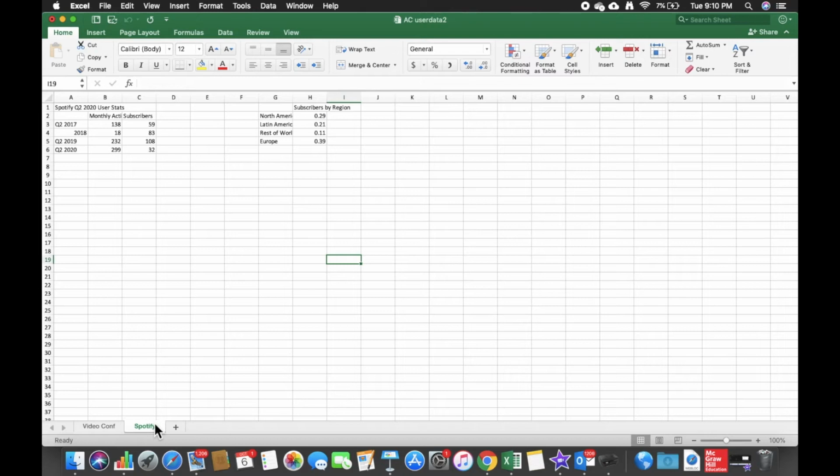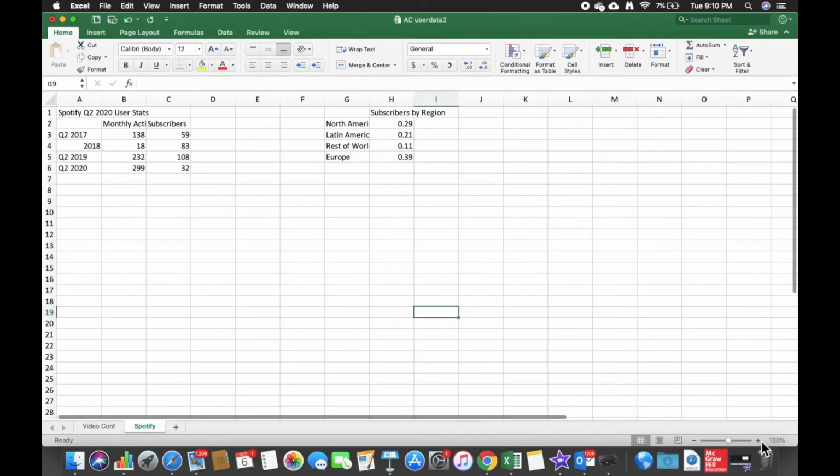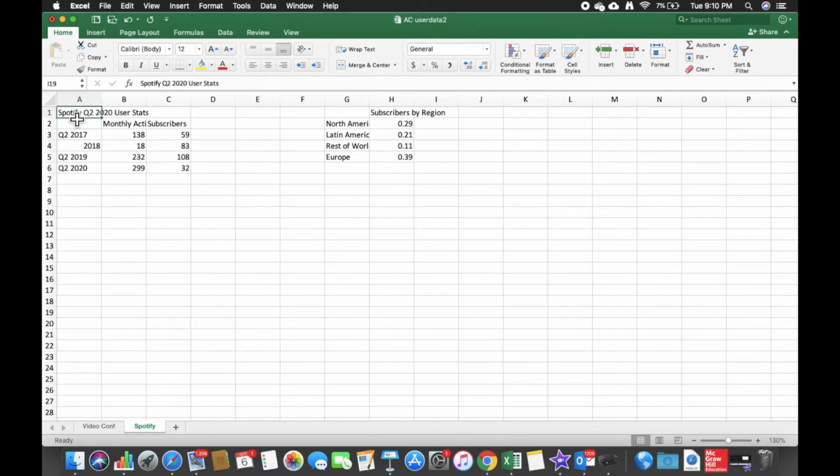You want to make sure that you're clicked in the Spotify sheet. And I'm going to zoom in, not too much because we're going to be adding charts below our information. So the first thing that we're going to do is format our data tables. For the Spotify Q2 2020 user stats, we're going to select A1 through C1,